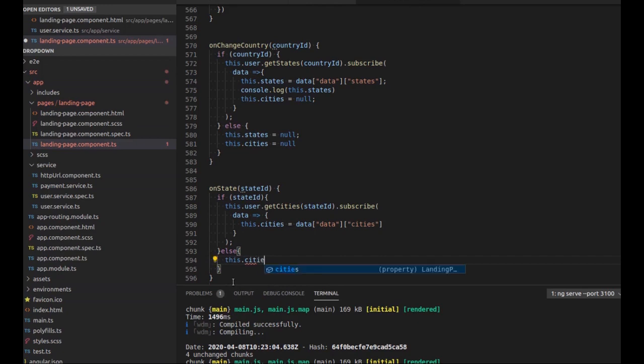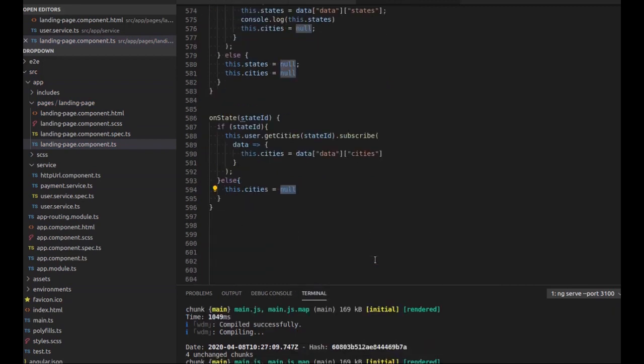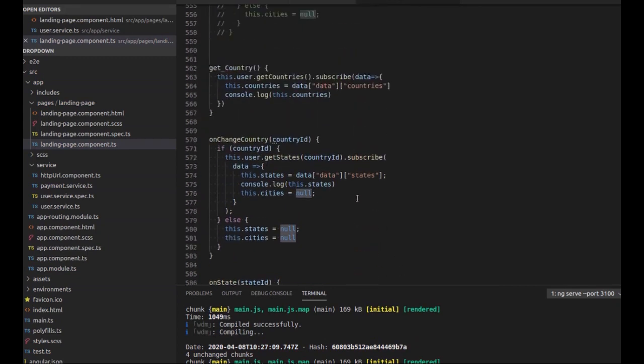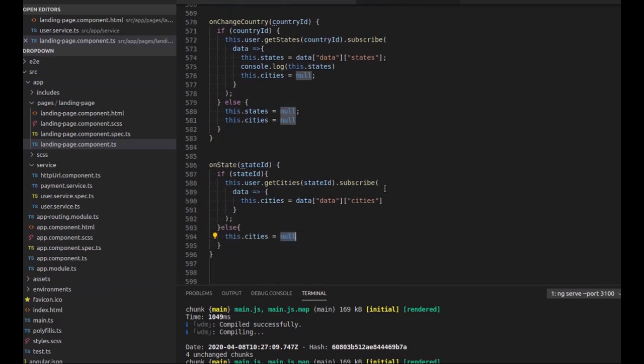Else this.cities is null. Now we have implemented all our logical part. Now on the HTML side we need to write the code for showing the states list, countries list and cities list. So let's